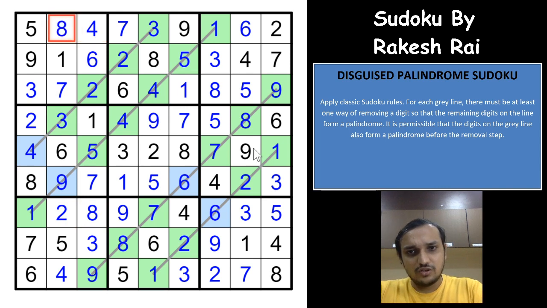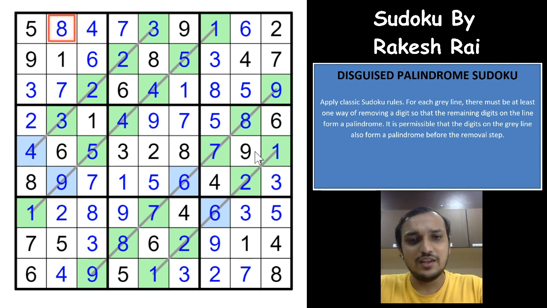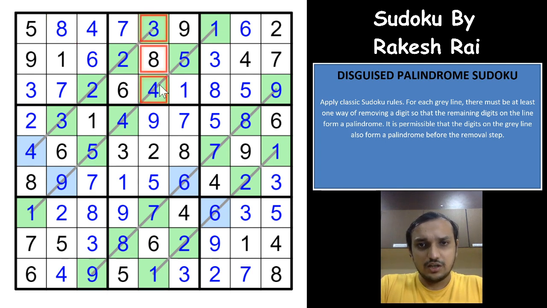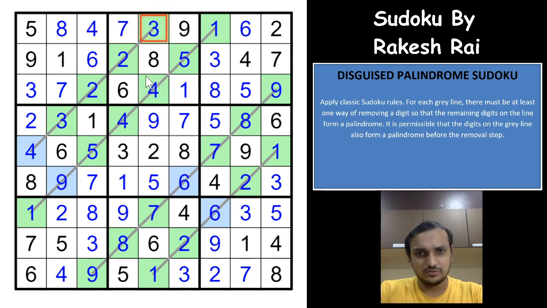And with that, actually we complete this excellent Sudoku by Rakesh Rai. Even after so many givens, it was really a difficult construction. I mean to say difficult solving this one, but a purely logical one. The most critical scenario, I mean to say the complex one, was seeing that 1 cannot be in any of these 4 cells, right? 1 was already there, and one of these cells cannot be 1. Any of these cells cannot be 1, right?